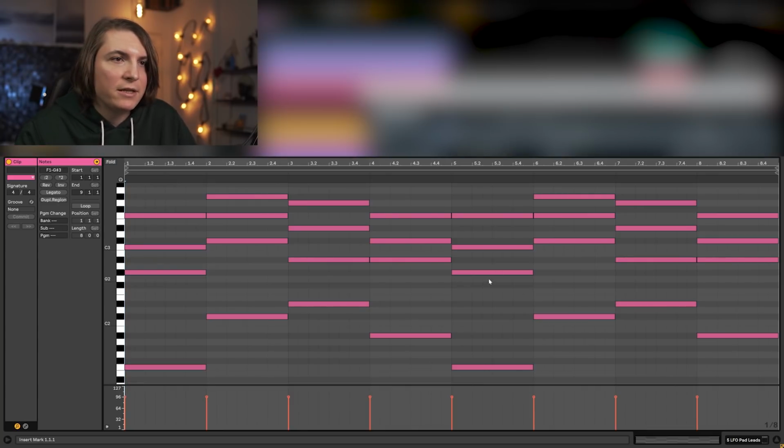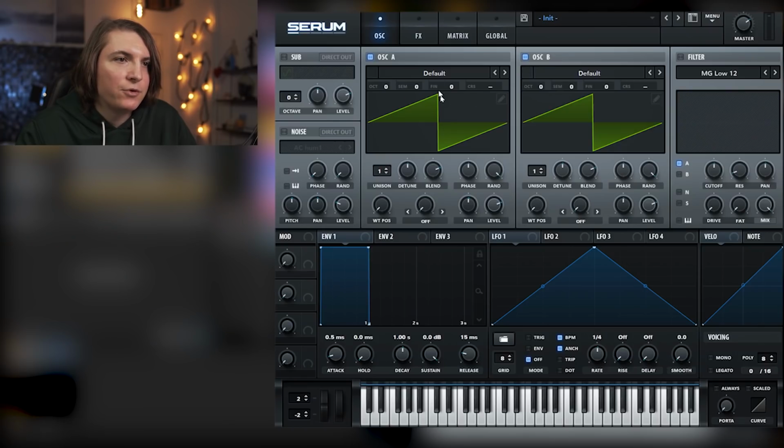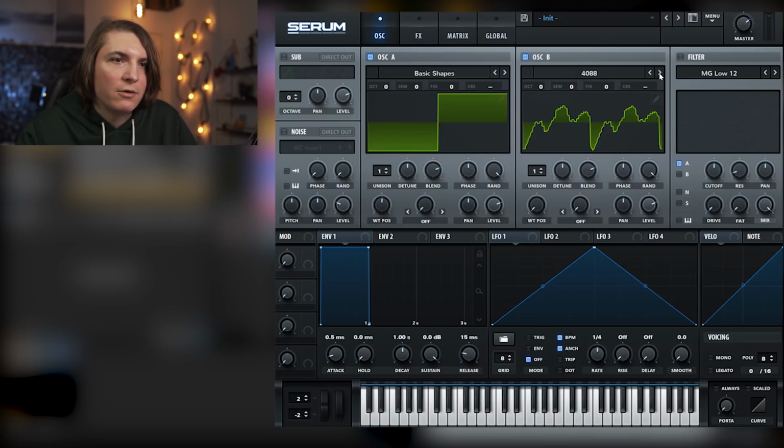For this one, I really like to use square waves. So what I'm going to do is activate 2 and just go for the basic shapes. Really doesn't matter that much. Gonna pick a square here and then go to the second one and go for a basic Moog. It has this nice smaller square. I'm gonna pick that up, and this one will be 1 octave above, and then everything will be going into the filter. So if I play now,